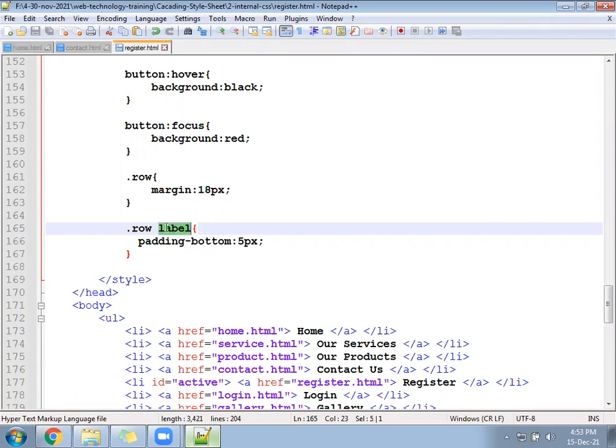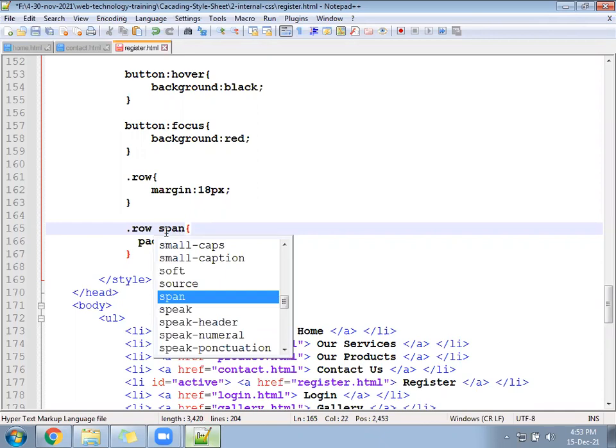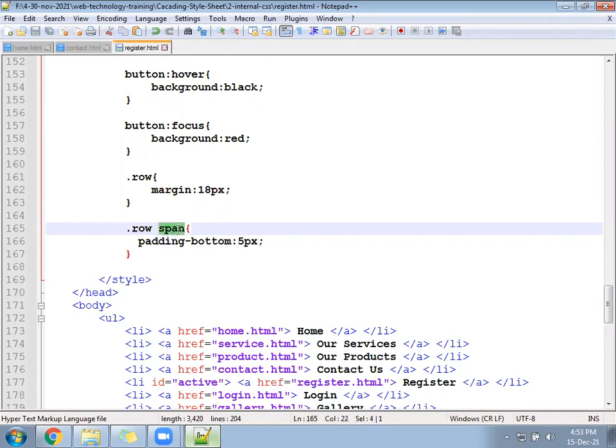For inline tag, looks like column. Okay, let's convert here to a span tag. Change the tag as a span. And we have written the label, label we can replace with a span.